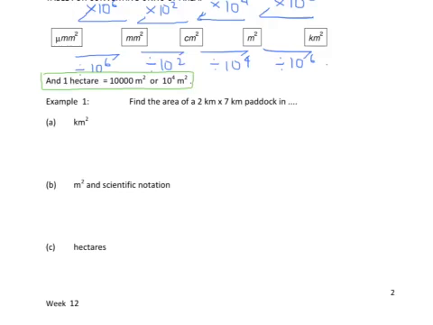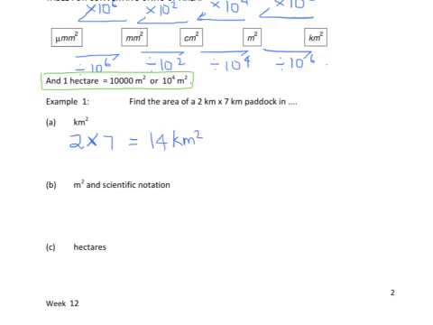Okay, so we're going to now do this first example, which is find the area of a 2 kilometre by 7 kilometre paddock. That's a fairly easy one, in kilometres squared. So it's 2 multiplied by 7, length multiplied by breadth. I should really write that formula first. So 14